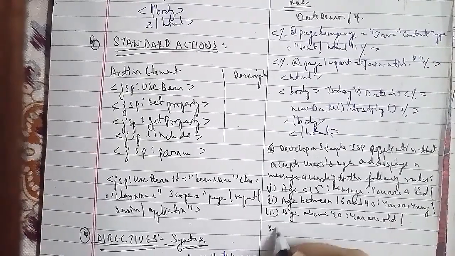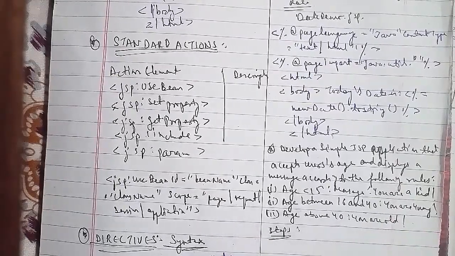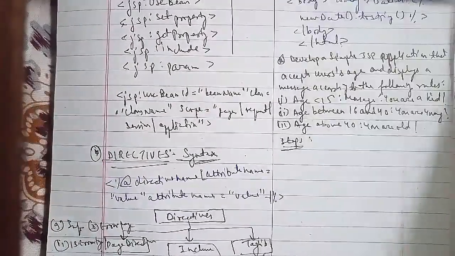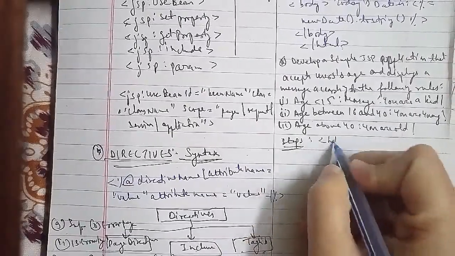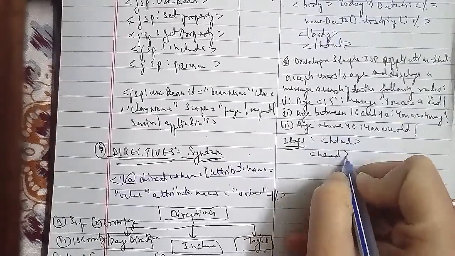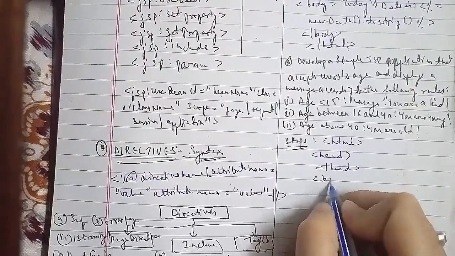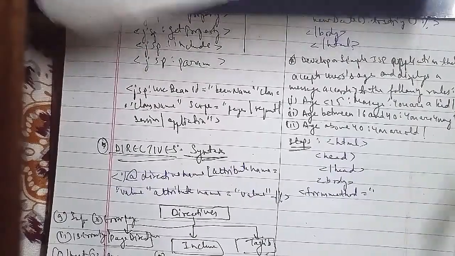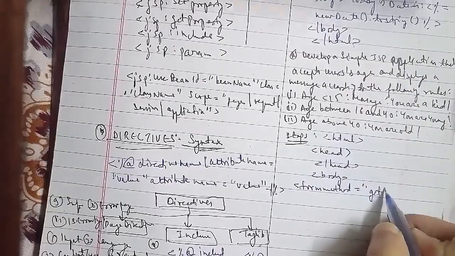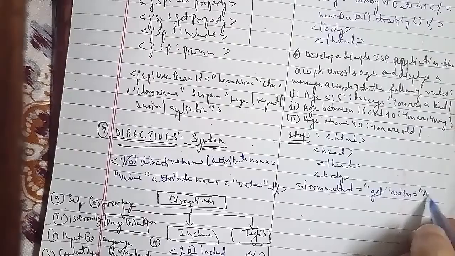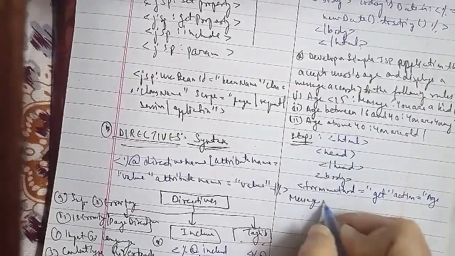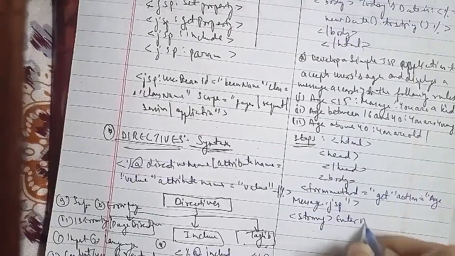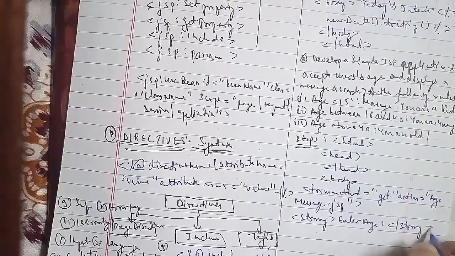For step 1 we will write an HTML program, starting with the html tag, then head, head close, then body, then form method equals get, action equals agemessage.jsp, then strong, enter age, strong close, input type equals text, name equals age,